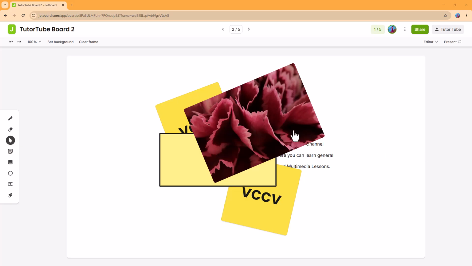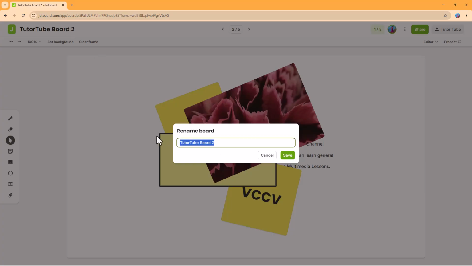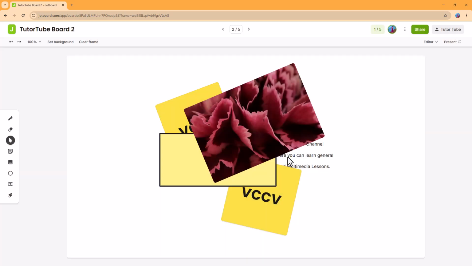So over here you can see that I have this Jotboard, and if you want to go ahead and rename it, over here on the top you can see that this is what you have. You got the board right here. I can go ahead and name it whatever you want. Let's say, for example, I'm going to say example board. I can type this in, click on save, and that particular board will be renamed